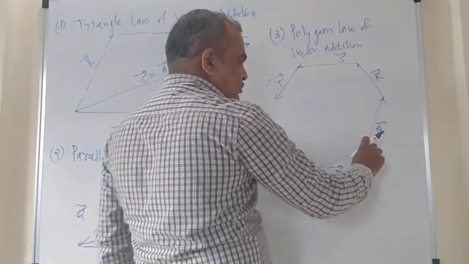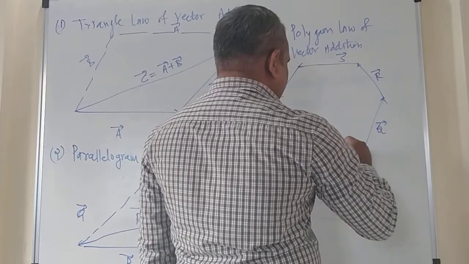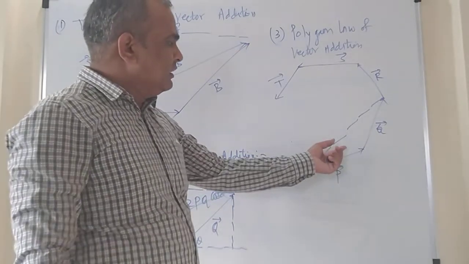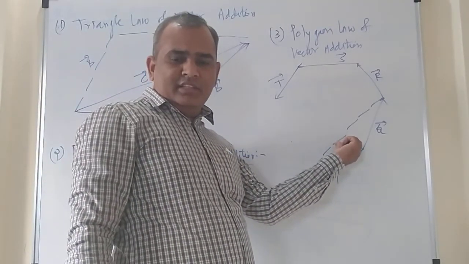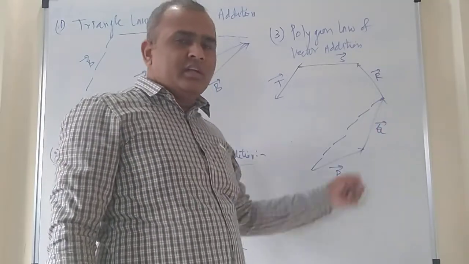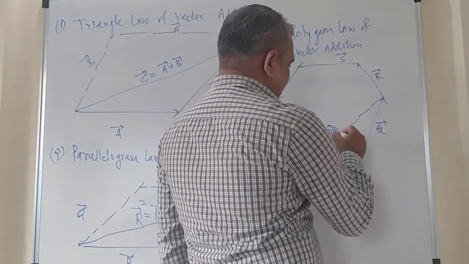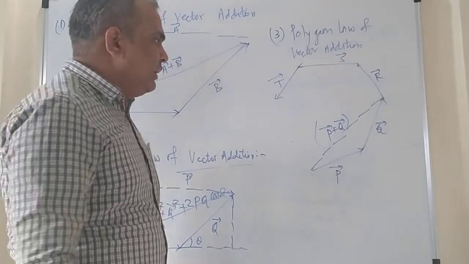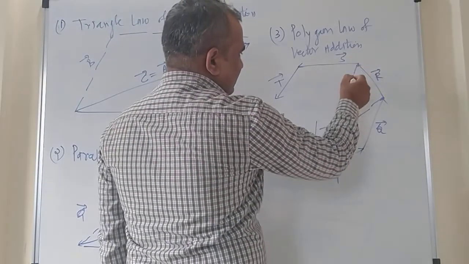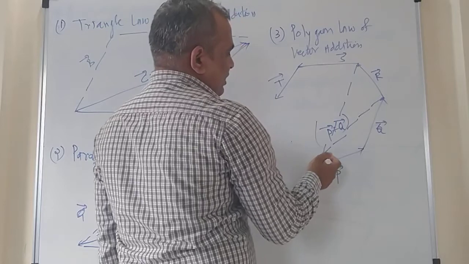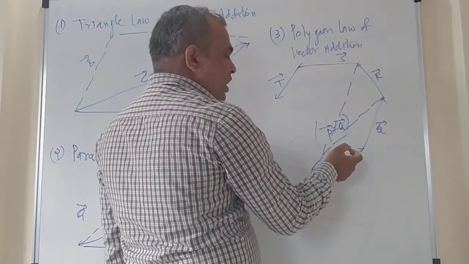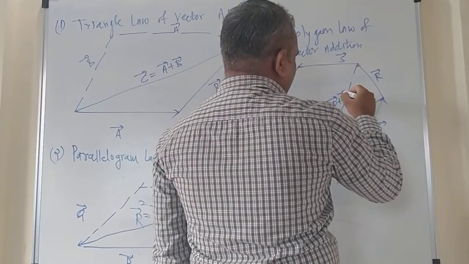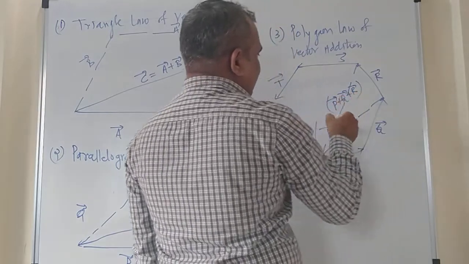But for the first two vectors P bar and Q bar, you can draw the resultant vector in this way, as we have studied how to calculate the resultant vector. So the resultant of these two vectors is this one, and this is nothing but the addition of these two, because these are in order. So I can write the resultant vector is P bar plus Q bar. Got it? Now on the same line you can draw this, the resultant of all these three, which is equal to the addition of the three vectors, that is P bar plus Q bar plus R bar.